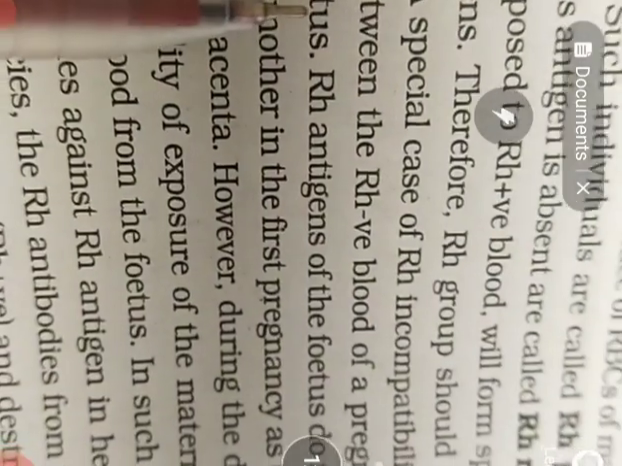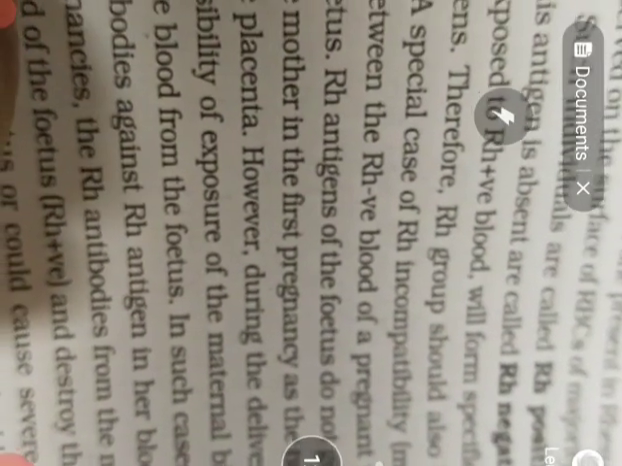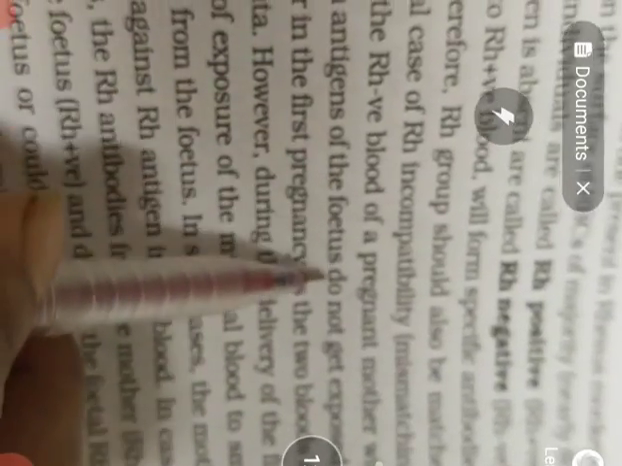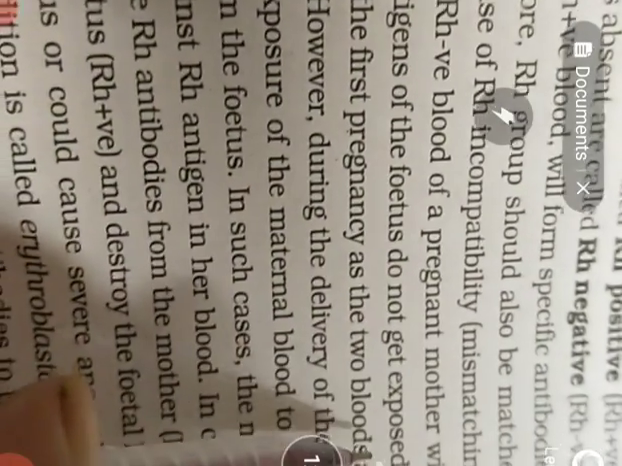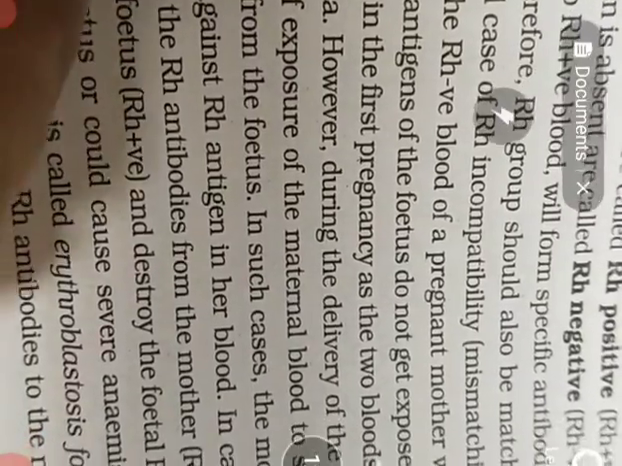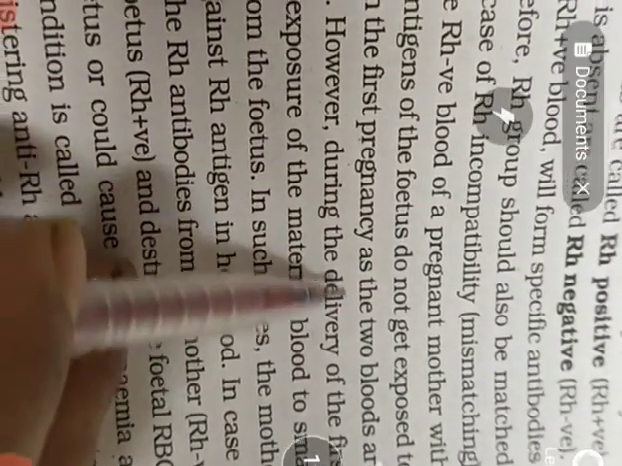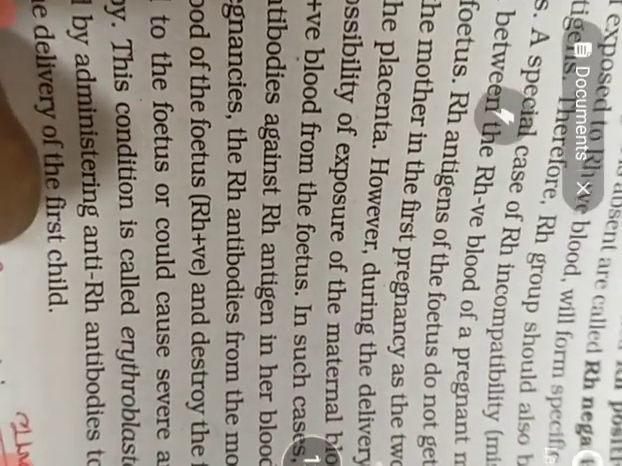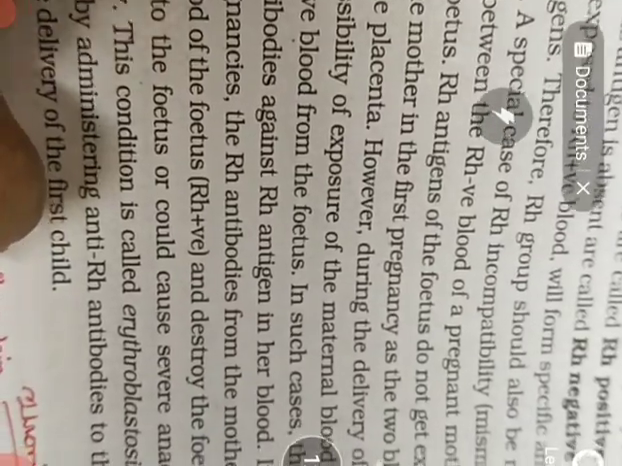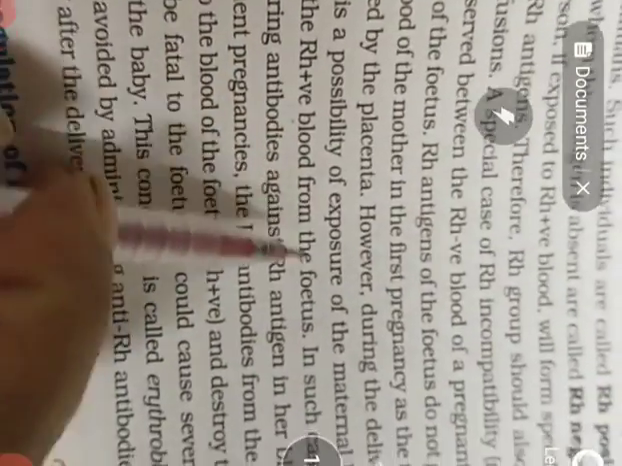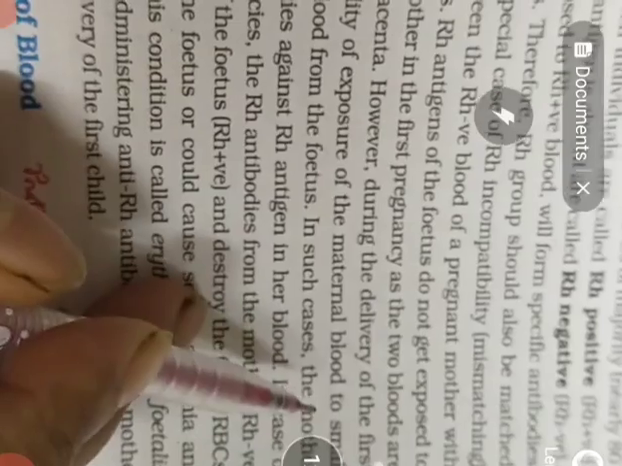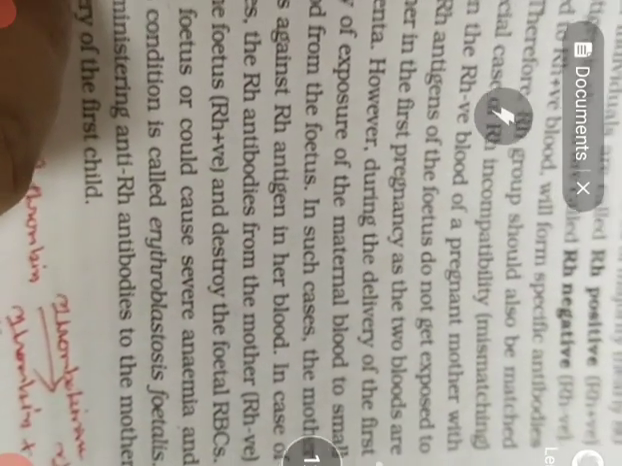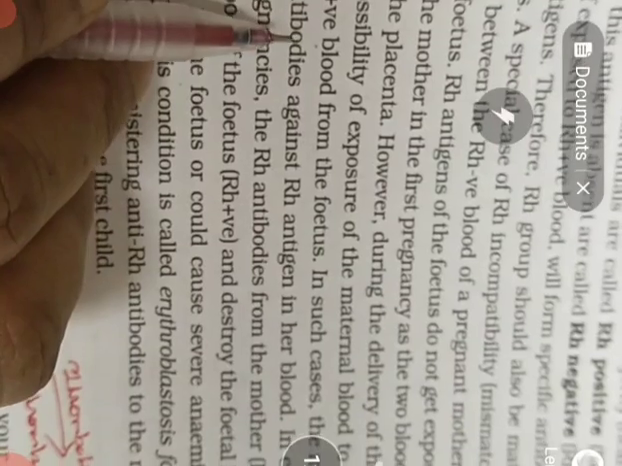what can you see here now. So Rh positive blood of the fetus. The Rh antigen of the fetus does not get exposed to the Rh negative blood of the mother in the first pregnancy, as the two bloods are separated by the placenta. However, during the delivery of the first child, there is a possibility of exposure of the maternal blood to the fetal blood, and the mother starts preparing antibodies. So